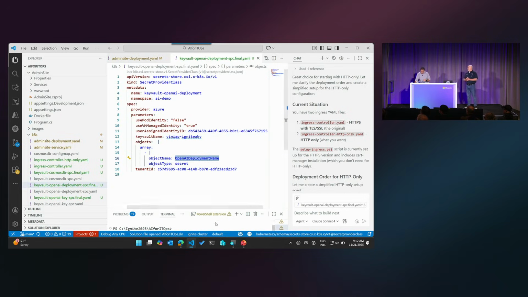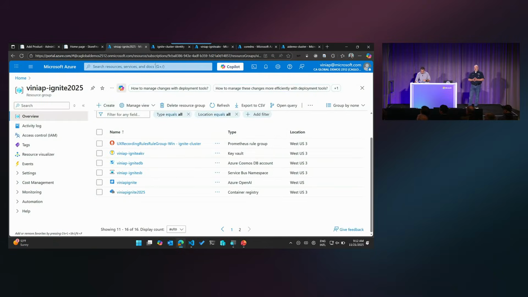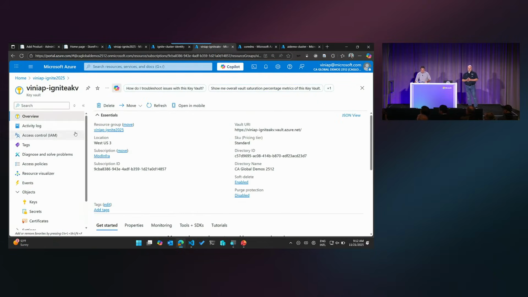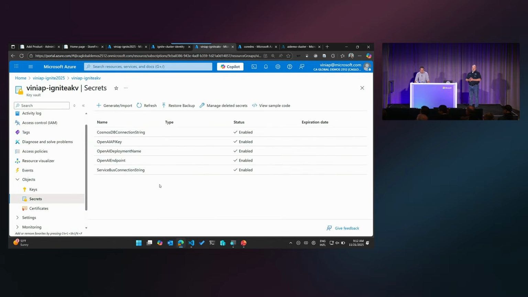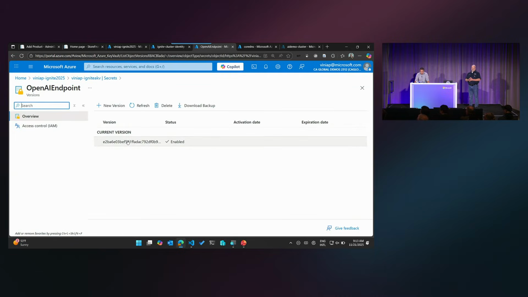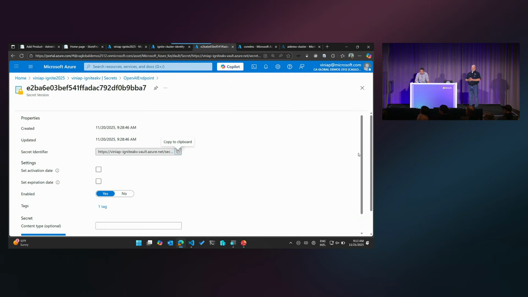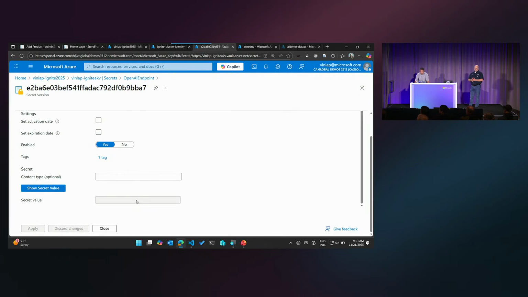So if I go to my Azure portal, and I look at the Azure Key Vault, and I look at the secrets, I have multiple secrets here, including, for example, the OpenAI endpoint. And if I look at the secret, not exactly something that I can't show, but here it is.